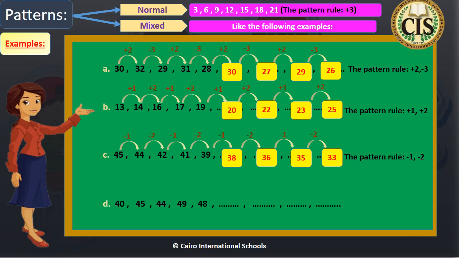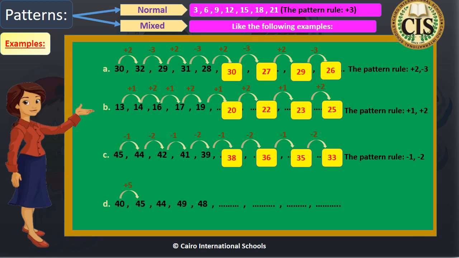The last one, 40, 45, 44, 49, 48. Look carefully at the first two numbers. 40 becomes 45. It increased. Fine. So we will write plus in the pattern rule. Plus what? Plus 5. Subtract 45 minus 40. It will be 5. Look at the next two numbers, 45 and